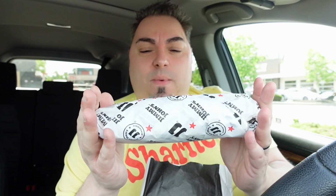It's packed kind of tight. The thing about this is it feels kind of heavy, but it's short. I don't remember Jimmy John's being this short. It's been quite a while since I've gone to Jimmy John's, but I don't know what changes they've made or whatever it is, but